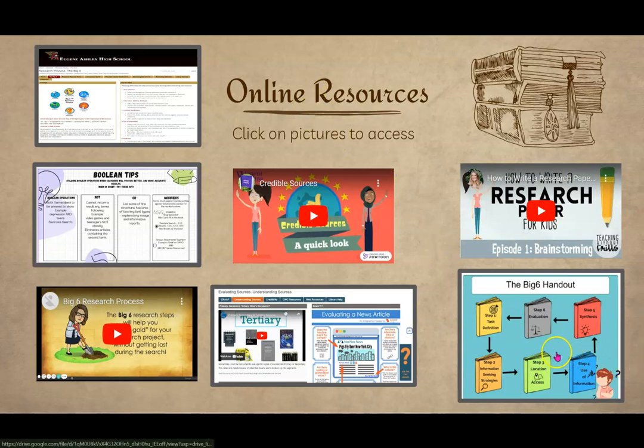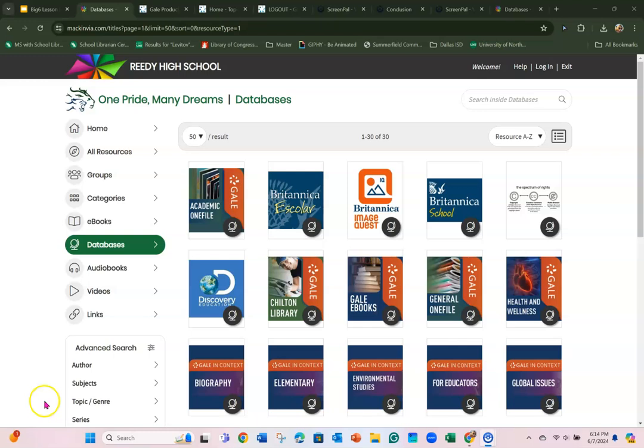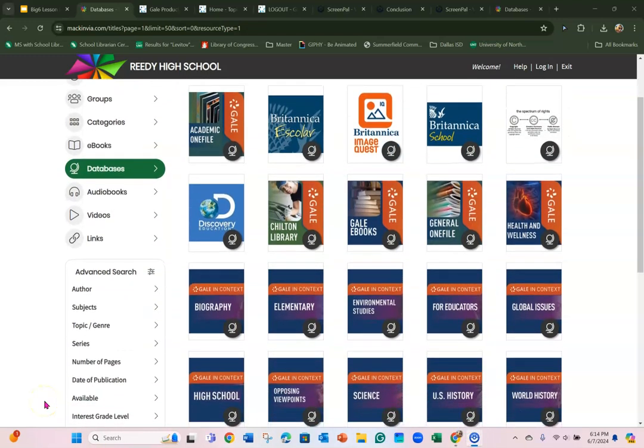Here is your handout. Step 1, 2, 3, 4, 5, and 6. We're going to go over it. Don't worry. And here are some tips that you're going to use when you're using Mackin. So are you ready to start cracking? Let's get going. So we are on Mackin, and here are your different